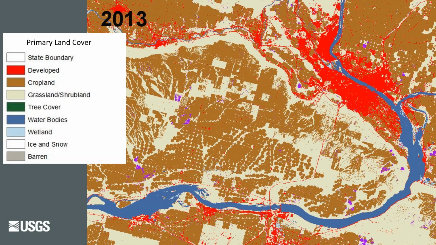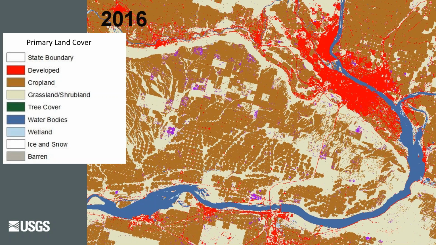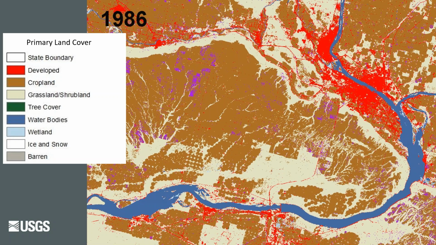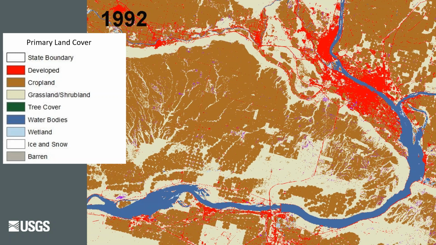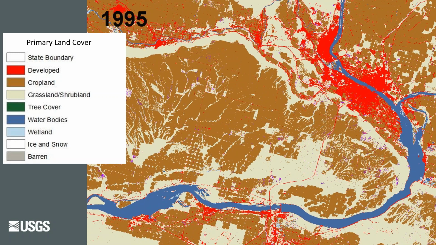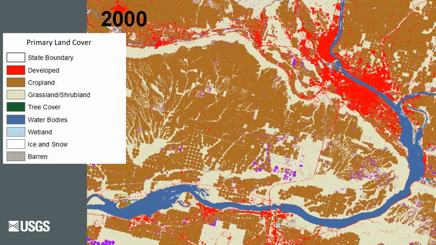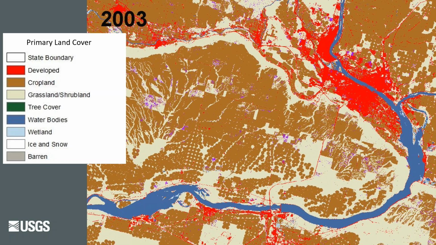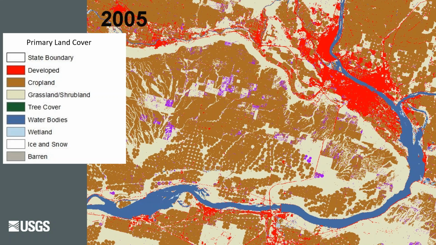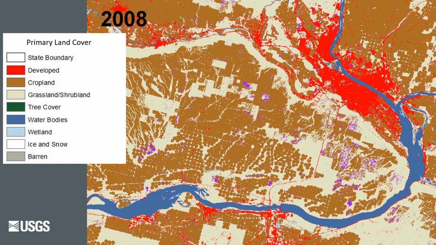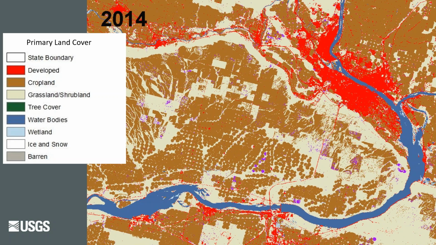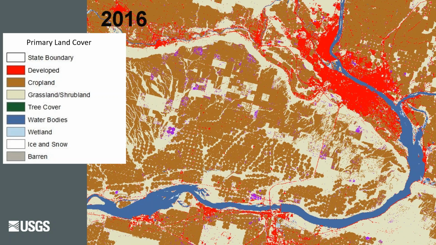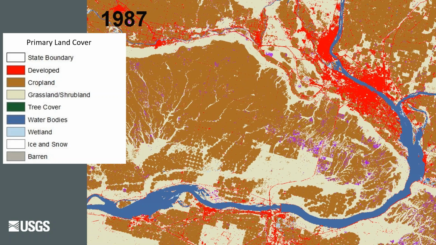So I am going to try today to give you an overview of this new work that we're doing called LCMap, which stands for Land Change Monitoring, Assessment, and Projection. I'm actually leading in by showing you an animation of our primary land cover layer. Actually, this is a land cover change layer, because anywhere you see the purple flashing, that is an annual change in land cover as shown in our prototype data.